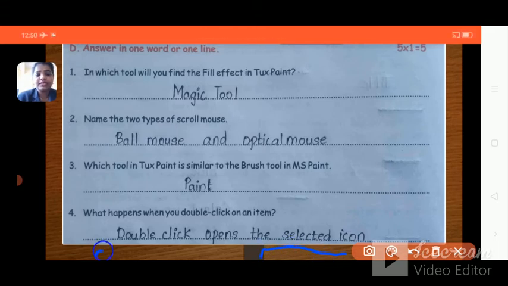So that is what is written here. Single click is for selection and double click is for opening. When you click once, it is selecting, and when you click twice, it is opening. Pause the video and start copying.